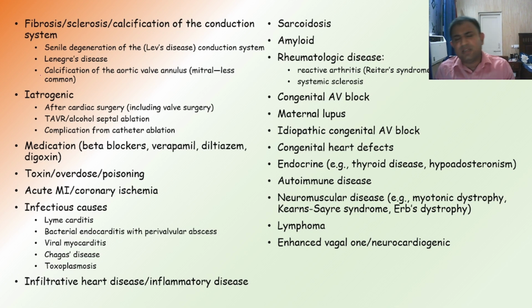Then of course there are other congenital causes of heart block like maternal lupus, and congenital heart diseases like ASD, VSD, endocrine disorders like thyroid disorders. Don't forget about the thyroid disorders. Heart and thyroid, they are linked to each other. So thyroid disorders as well as hypoaldosteronism can cause AV nodal disorder, and then subsequently, not to add, the congenital